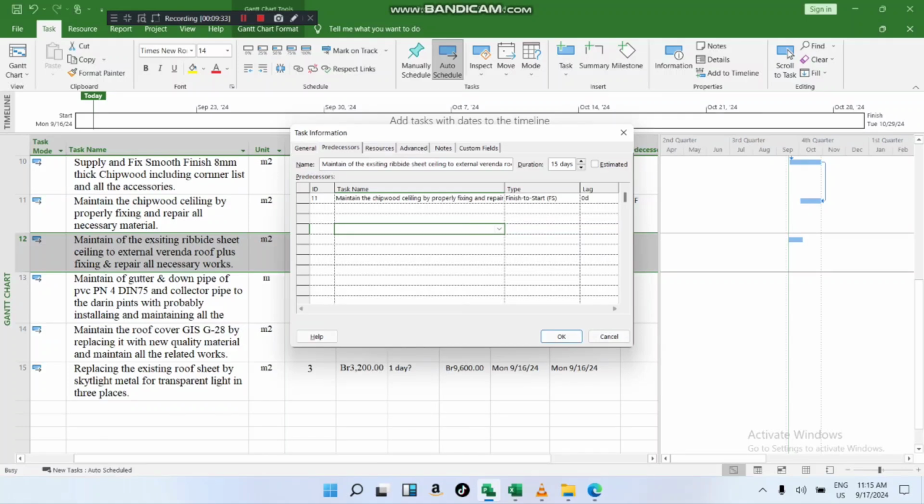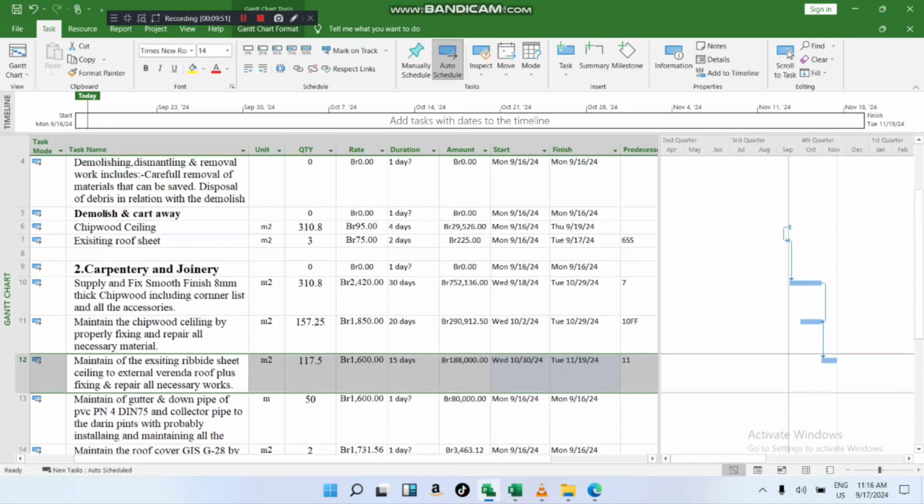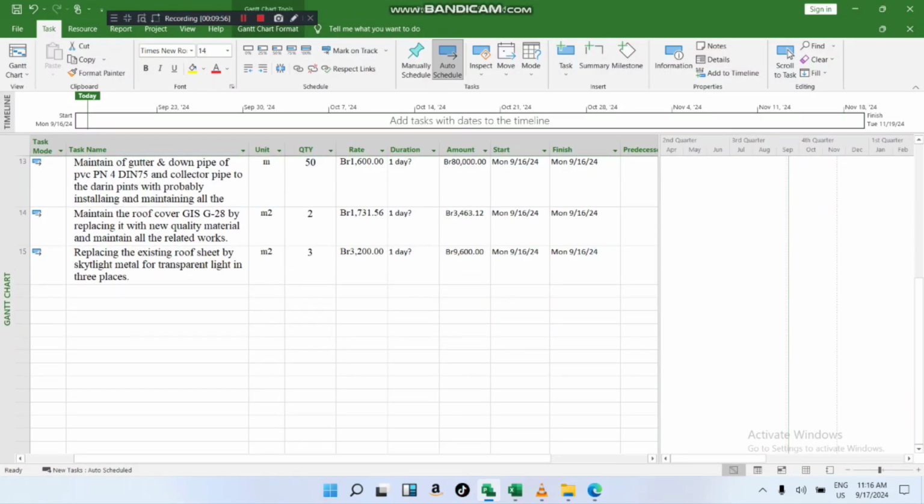After you finish the ceiling of the rooms, now I'm going to start the balcony, so yeah, it's logical. Okay. And this is finish to start. This is finish to finish. This is finish to start. Okay. And then I have maintained